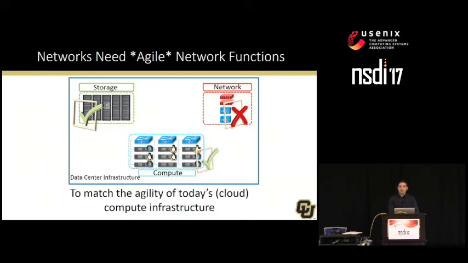And why do we need network agility? Well, nowadays we have exponentially increasing data traffic in networks, number of devices connected to networks, and scale and complexity of security threats. Network functions today have to deal with all of that, and the current solution falls short, as we will see next.